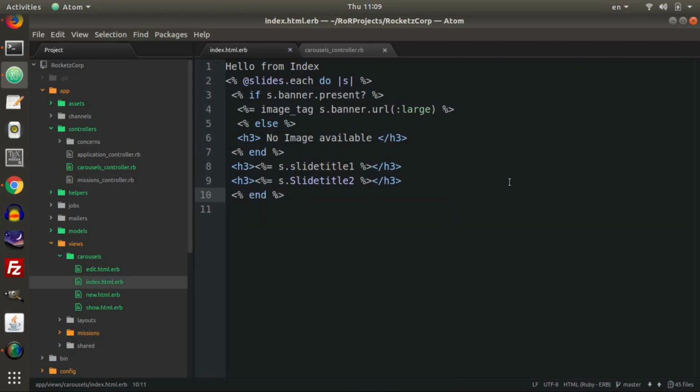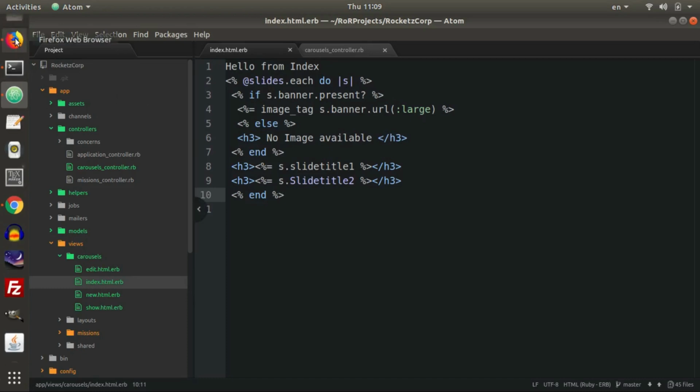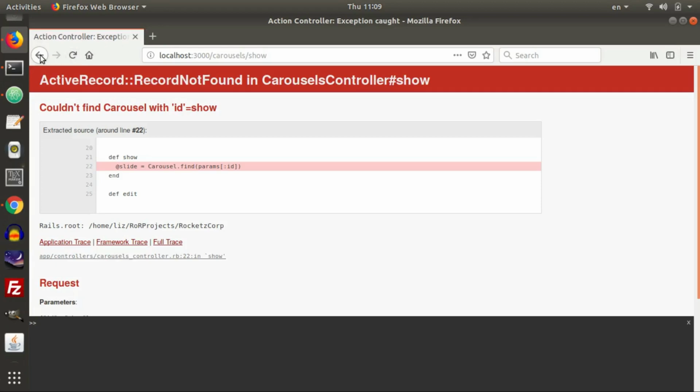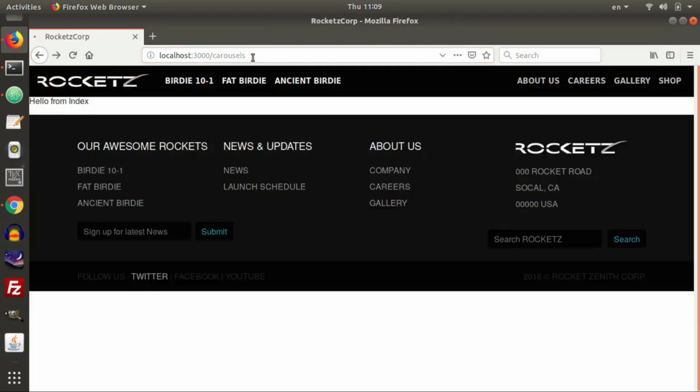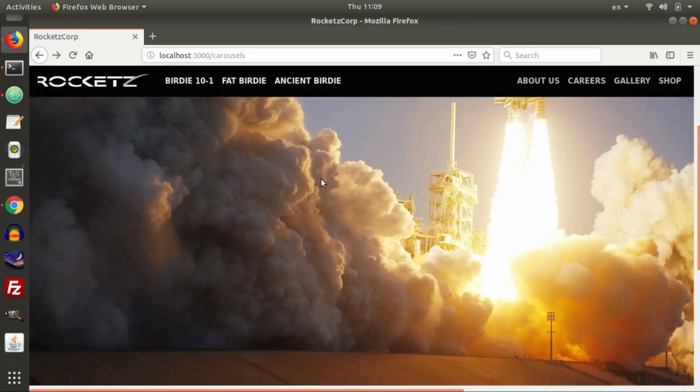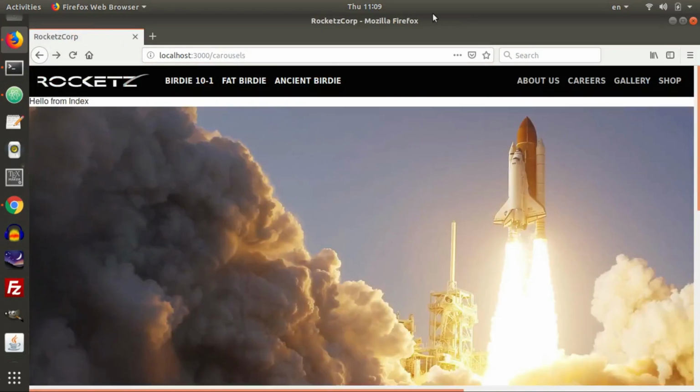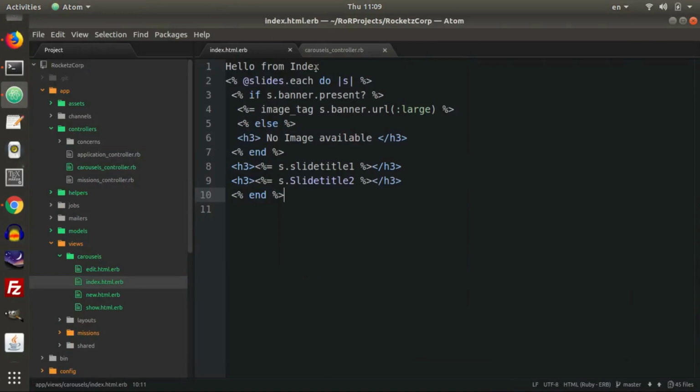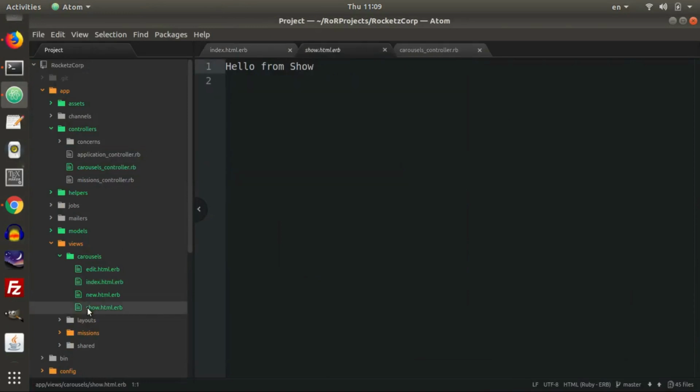Okay, great. Let's go and check this out in the browser. Alright, I go back here and then I hit enter. Perfect, there it is. And there are our slide titles as well. Okay, so that works. Let's go to the show page now, and we will follow approximately the same syntax, except